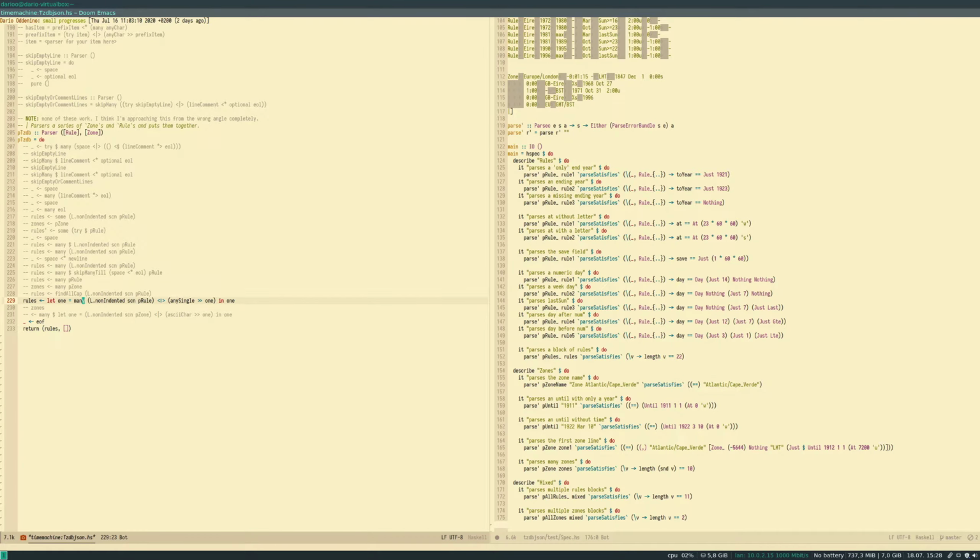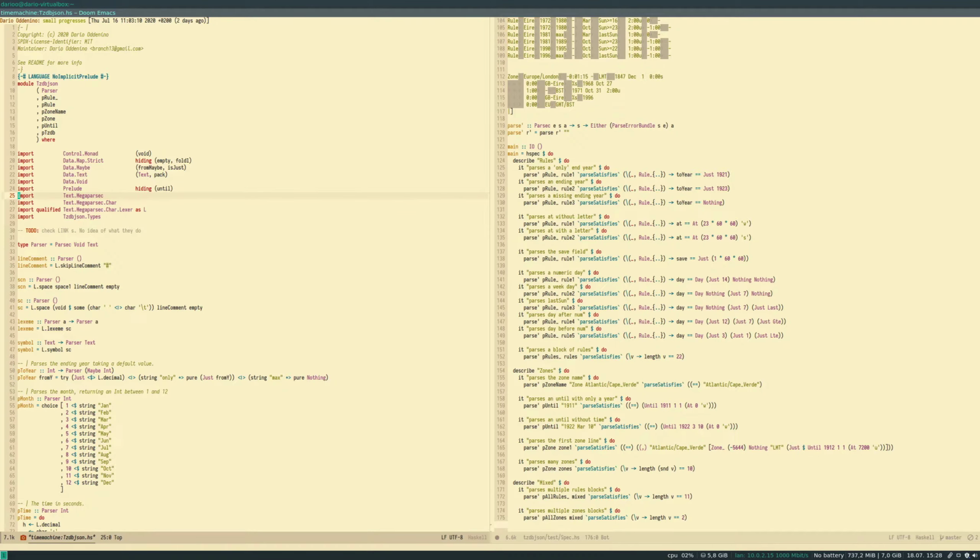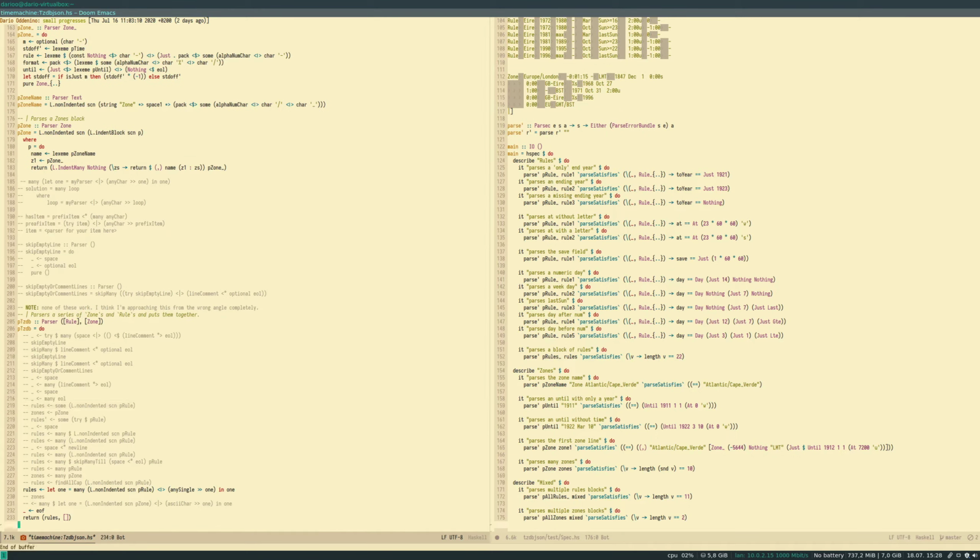So I wasted a lot of time trying and making small changes and making it compile and then trying again, hoping that somehow things would work without any reason, just because I was trying and trying. And obviously it didn't work. I spent like 1 hour of my last stream trying to make this work without any luck. But then I just stopped and went back and read the documentation a little. I found out that there's a very handy debug function which shows you what each parser is doing.